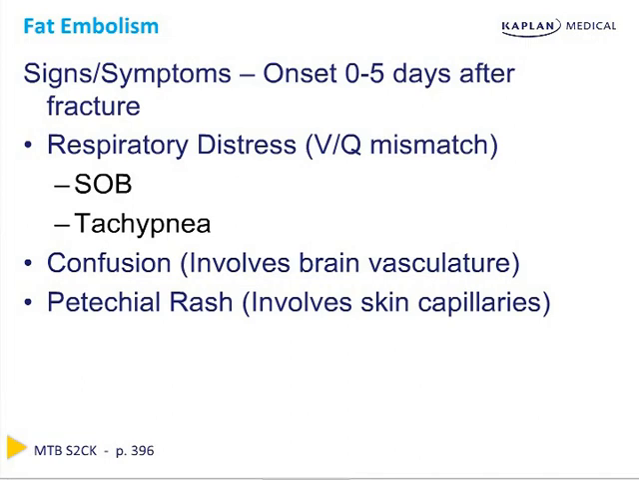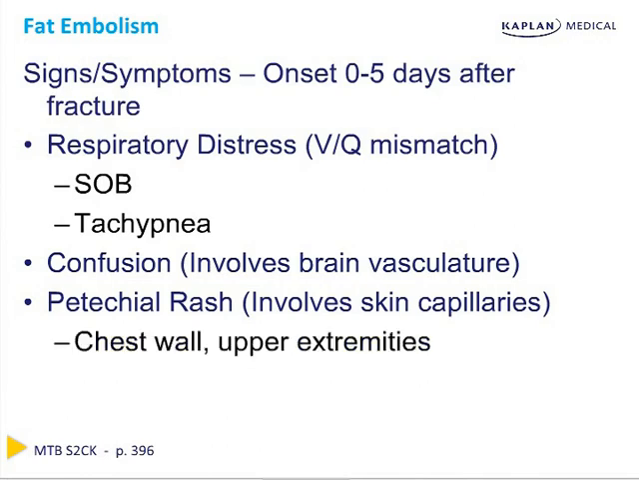The rash occurs for the same reason as the respiratory distress and confusion. Fat vesicles occlude the small capillaries within the skin, which causes these capillaries to rupture and bleed into the subcutaneous tissue, thus the appearance of small red dots spread across the skin. Petechiae are most commonly seen along the chest wall and in the arms, but can occur in the eyes, mouth,